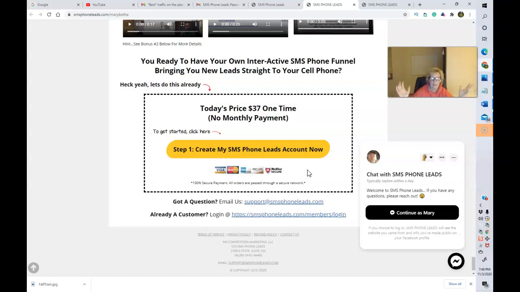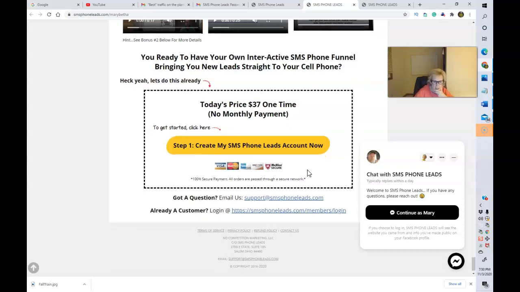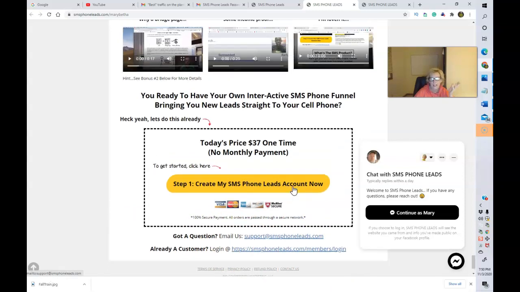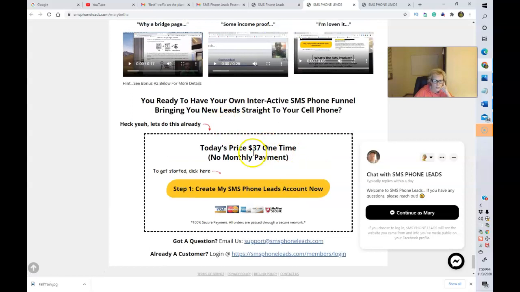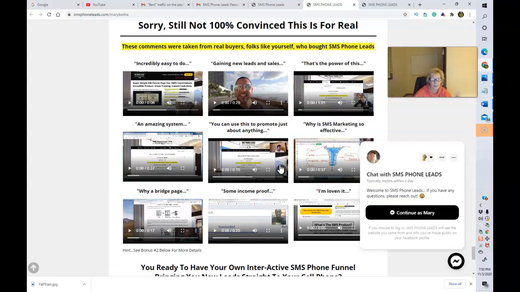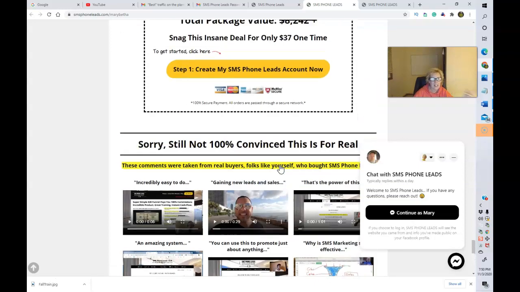So hopefully this information has you excited. Just go ahead, check it all out here, and this is where you log into your account when you become a member. If you need support, you just contact support right here. They are super responsive, and yeah, $37 one time gets you started, no monthly payments. And then of course you have other options that you can upgrade to and really kick this into high gear. So go ahead, check it out,